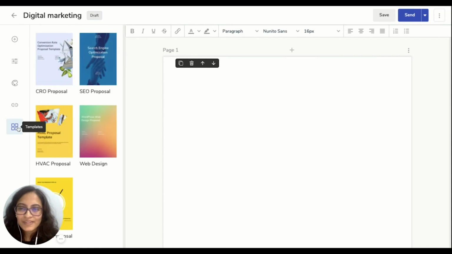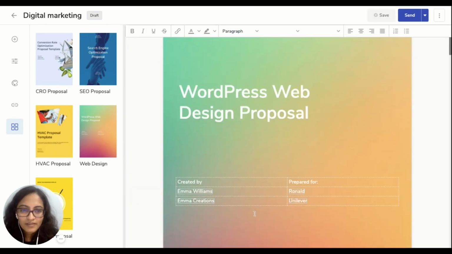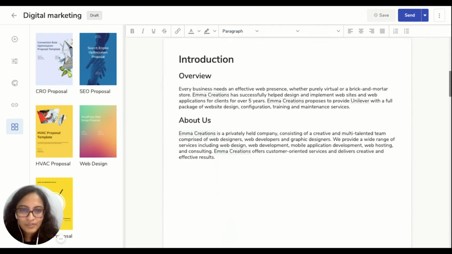Now here I am going to choose a template which I want to use for my proposal. So here you can see all the information is updated.